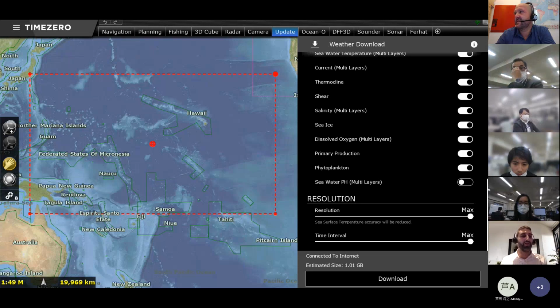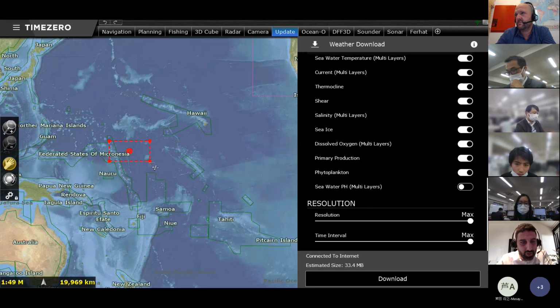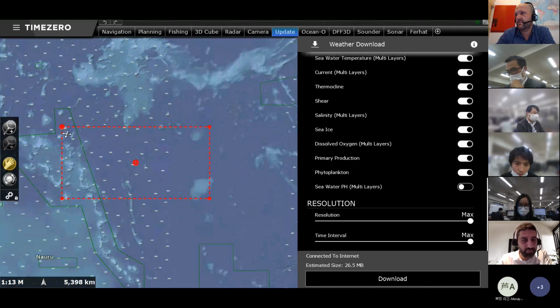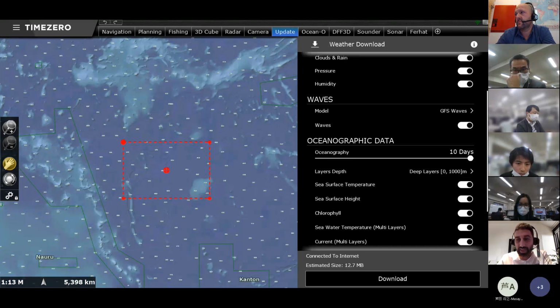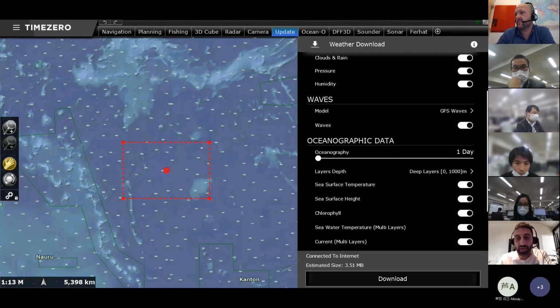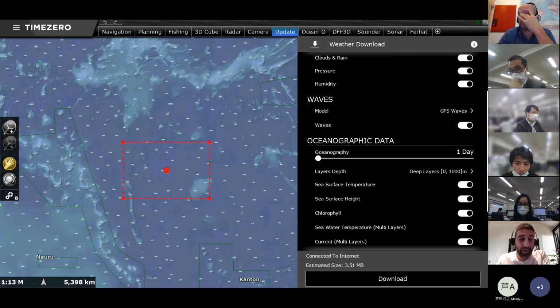You download this when you have internet connection. But the nice thing is when you make the file smaller, the estimated size gets smaller as well, so you know how big the file will be. If I download a small area, and say I don't want 10 days, I only want data for today, the file is now 3.5 megabytes.